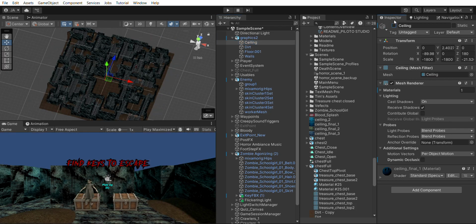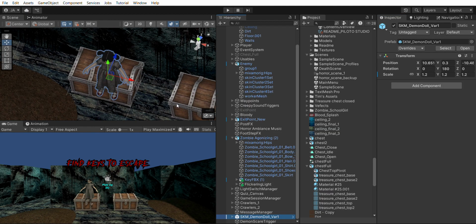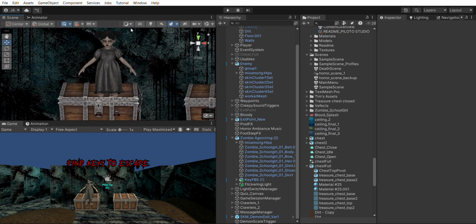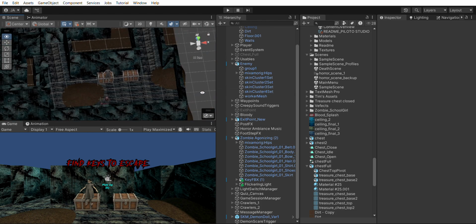I'll turn off the ceiling once again. So this is the small girl demon which creates the jump scare. There are two things that happen during the jump scare. One is the shake in the camera, then a sudden flash of light, then the screaming sound. So let's go step by step. What happens first is that